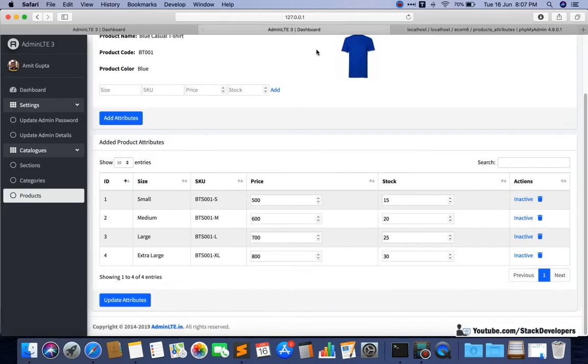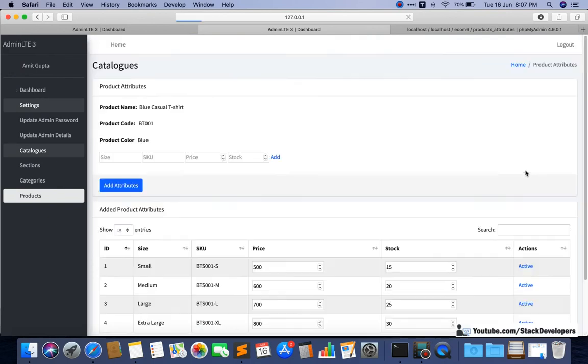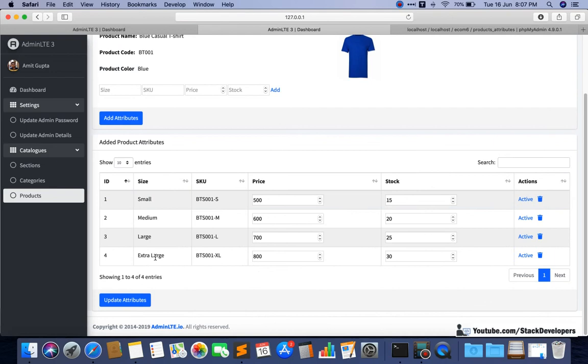So here I can make all of these active. Now all are active, you can see, that is fine. But now if I add one more status, then that status is going to be active by default. So that thing we have done.